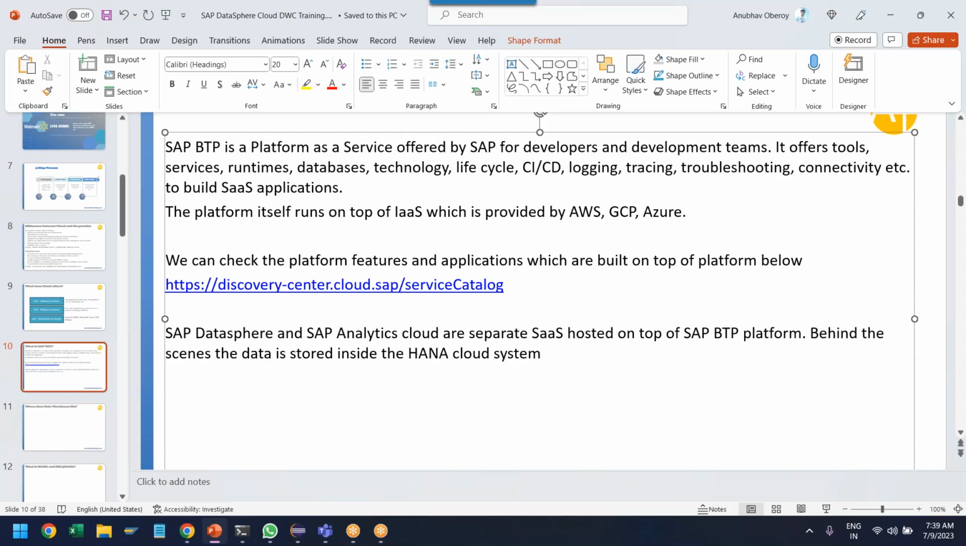So all your BTP data is stored inside the HANA Cloud system. Yes, that is what is being done. So all the data is stored in the HANA Cloud system. What is HANA Cloud? It's a database as a service